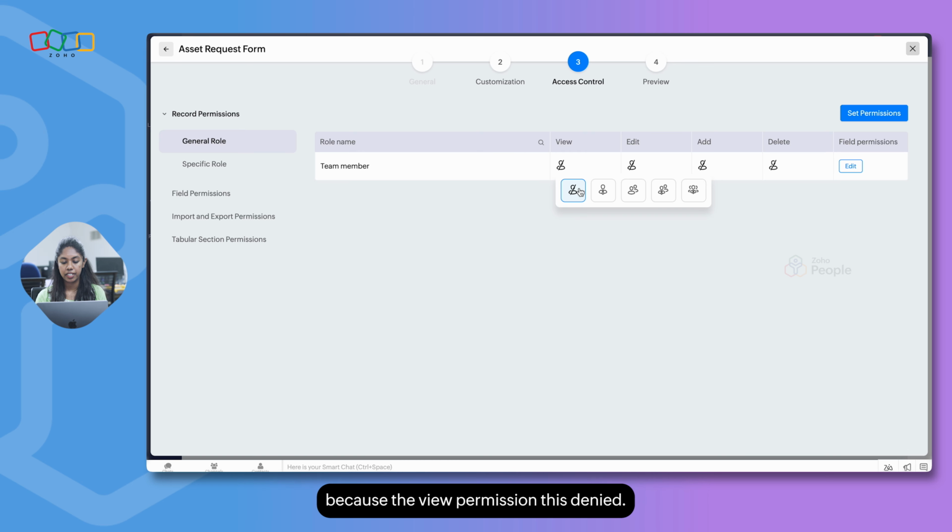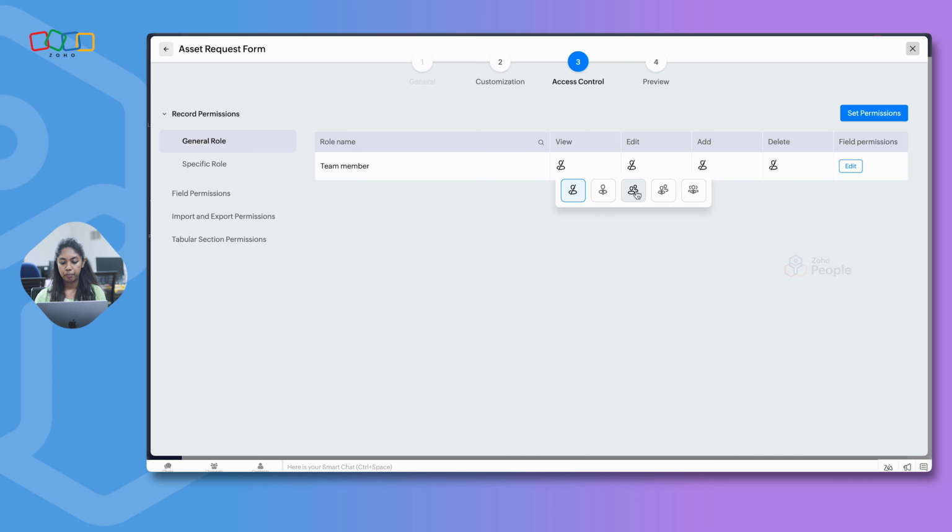The next option is called my data, where they will be able to view only their own information, which means the records that they are adding or the records added by the admin on behalf of them. When you say reportees data, if you are a manager, you will be able to view your reportees' information, not your own data, only your reportees' information.